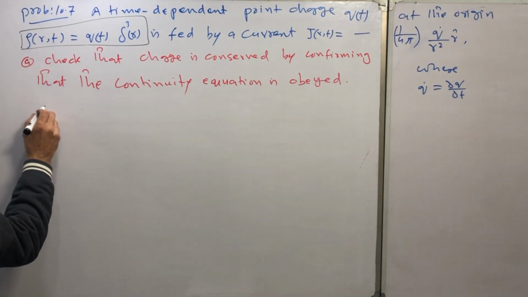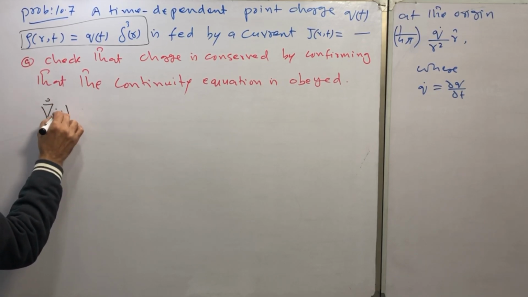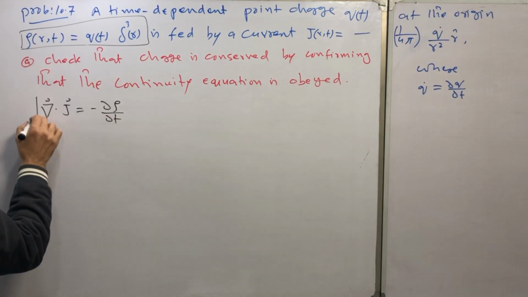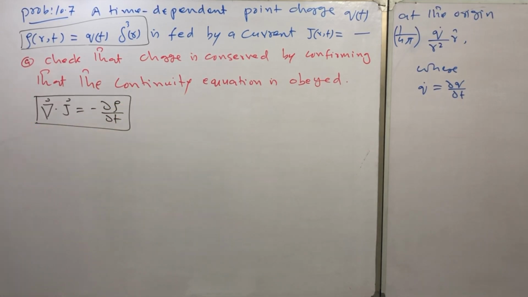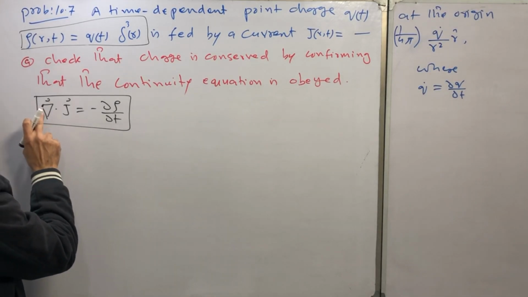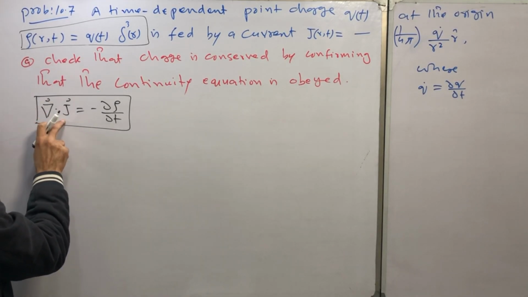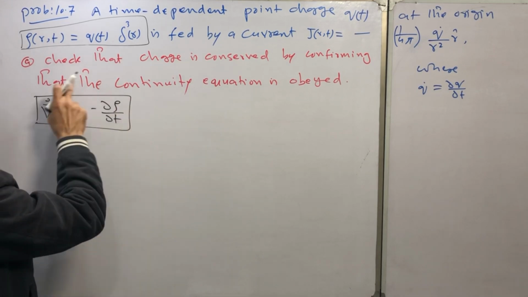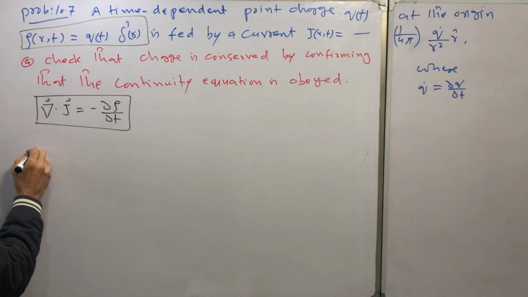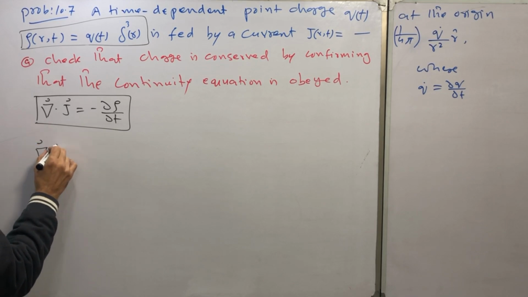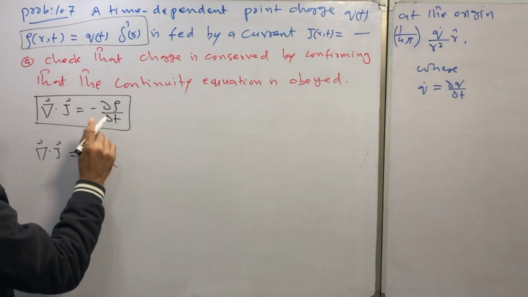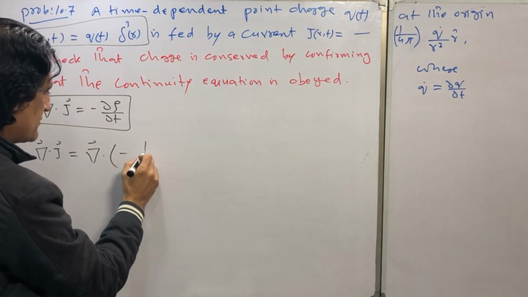We know by the continuity equation the divergence of J is equal to minus partial rho divided by partial t. This is the continuity equation. We will start from the divergence of J, and to prove this equation, let's consider the divergence of J, and we know J is equal to minus 1 over 4 pi